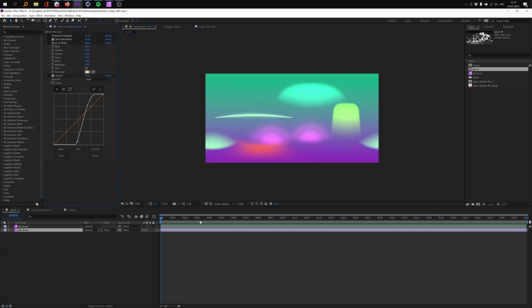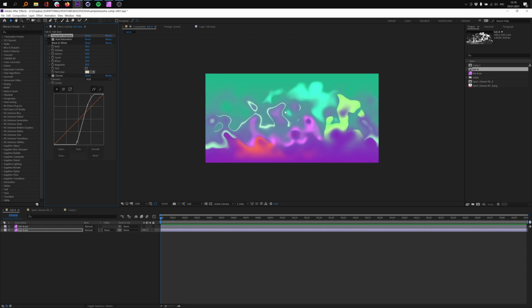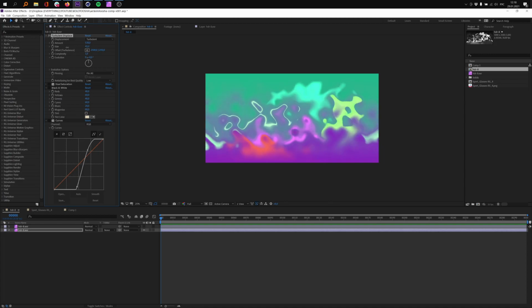our HDRI. In Photoshop, you can probably use the liquify effect. In After Effects, you can use turbulent displace. Here, I already made a turbulent displace effect and put it on top of the HDRI. And as soon as I turn it on, you can see we're basically distorting our HDRI map, and basically